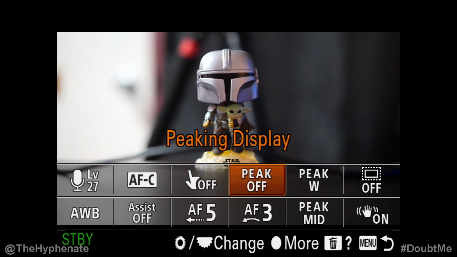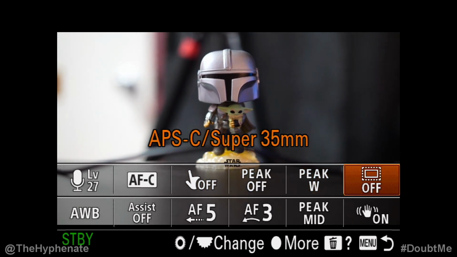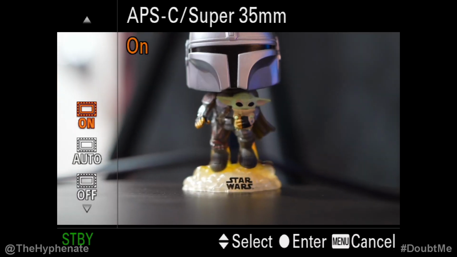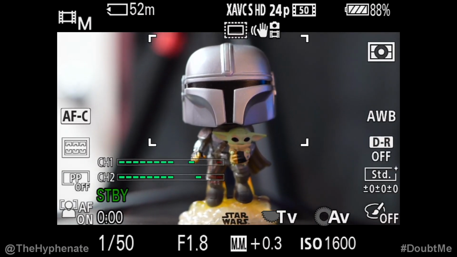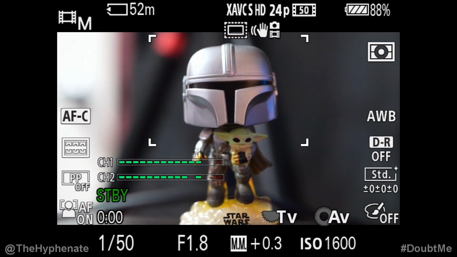Then next I have peaking display. Then I have peaking color. And then to the right of that, I have APS-C/Super 35 mode. Now this is something that I use pretty often. And this allows me to go into a crop mode, which gives me a 1.5 times crop. And with this camera, it really doesn't degrade quality. You're actually still able to get full quality in HD and in 4K, even when in this